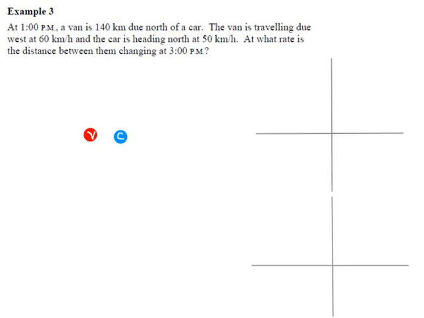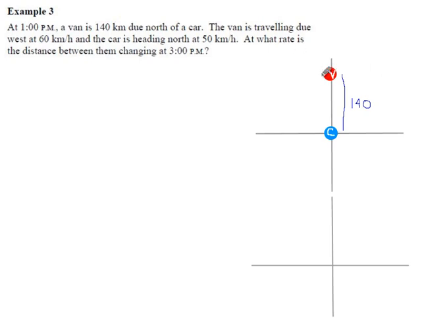Okay, we got vehicles moving in two different directions here. Let's see what's going on. They say we have a van that starts out 140 kilometers due north of a car. So here we are, V for van, C for car. That distance begins as 140 kilometers,